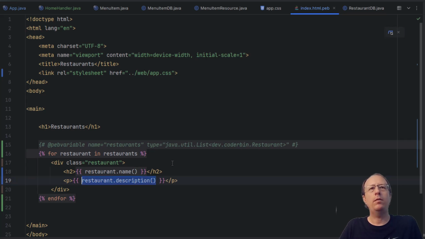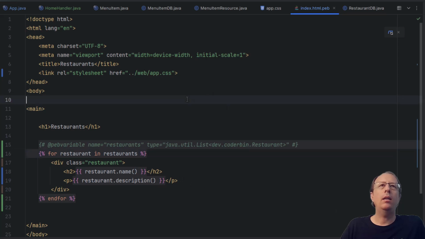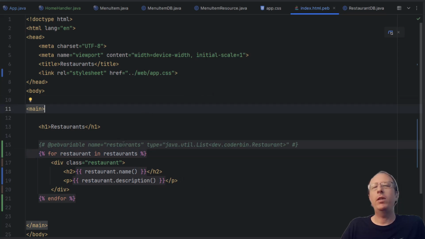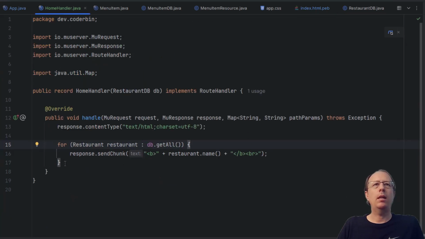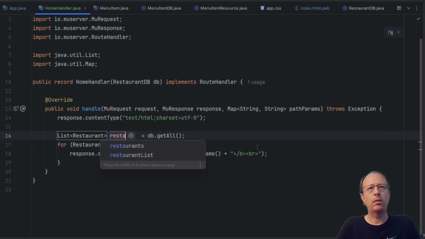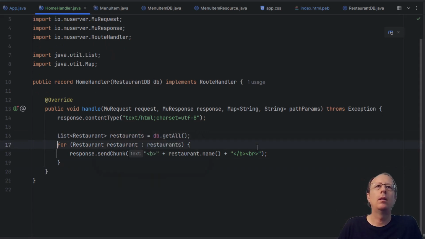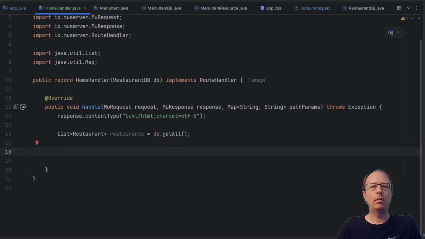Now these are by default HTML encoded already, so safe to use. Okay, this is now ready, but we need to render this using Pebble, and we may need to pass in a list of restaurants when we do so. So let's try and do that here. We're going to keep a reference to this first, and then delete this. We basically follow the example from the Pebble homepage.